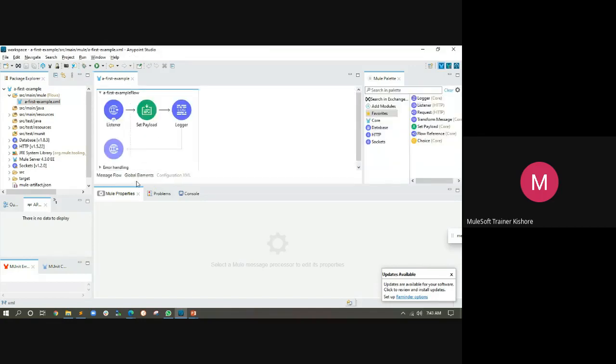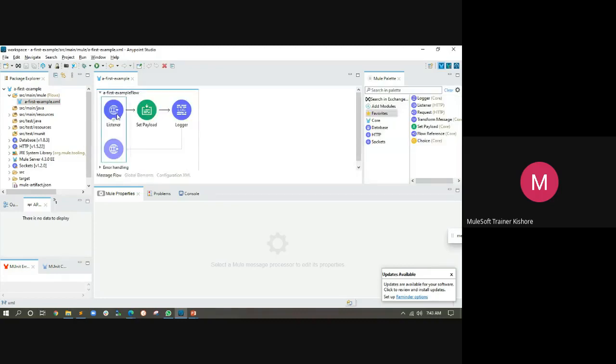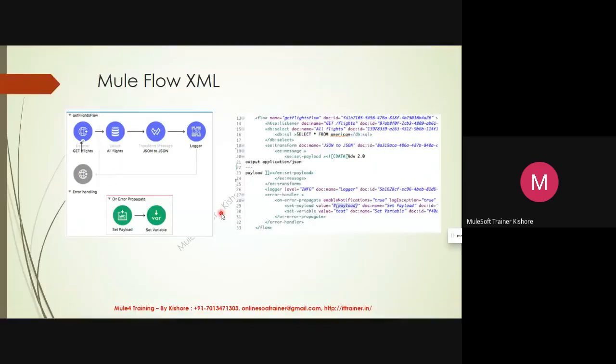And in between, there are global elements. We'll talk about these global elements at a later point of time. But for the time being, whatever connector you use here, the configuration related to that connector will get stored in the global elements. If you understand, fine. If you don't understand, we'll discuss in the next sessions.